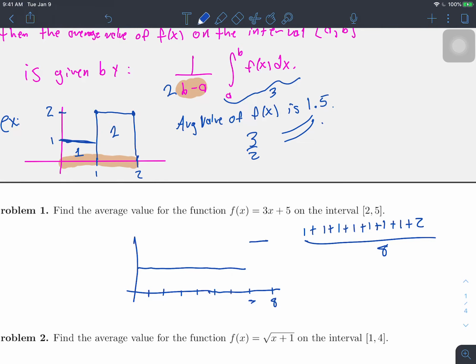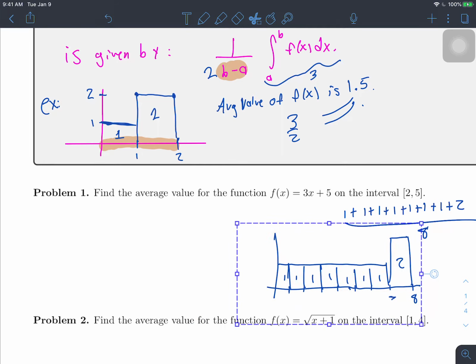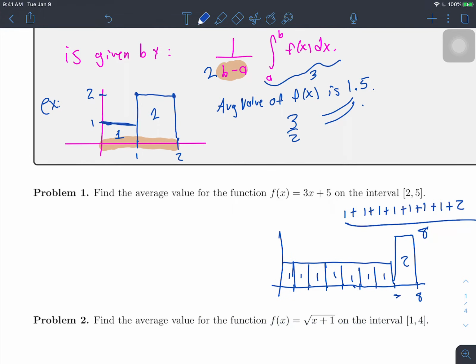Okay? And again, what we're doing is we're just adding up all these areas here. 1, 1, 1, 1, 1, 1, 1, and then 2. And then we divide by basically the number of boxes. Okay? So if we were to have some function, let me move this over a little bit. So now, if we were to have some function like this,